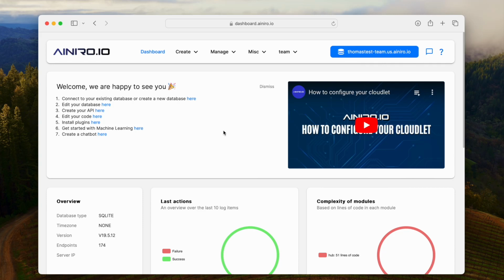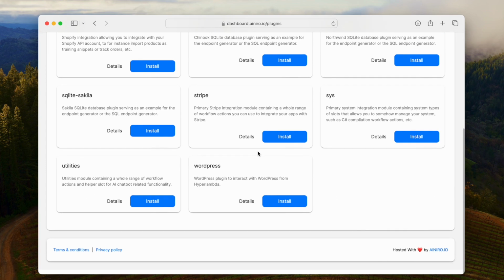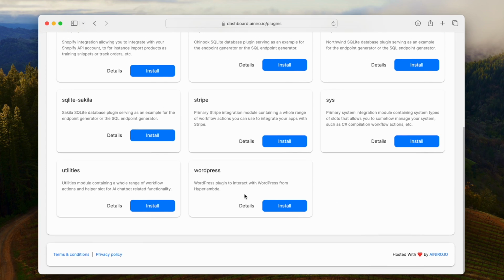In this video I'm going to show you a new feature of Magic Cloud. It's basically a new plugin we have. If you go to your Cloudlet, you go to Manage, you go to Plugins, you will see at the bottom here WordPress. This is a really kick-ass plugin. Why? Because starting from 2016, WordPress actually created an HTTP REST API that allows you to extract pages and extract